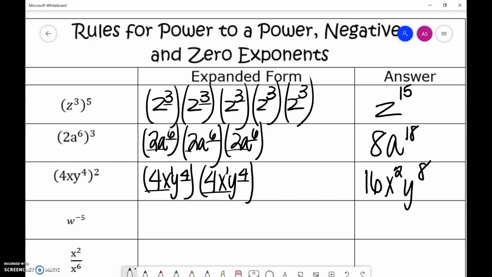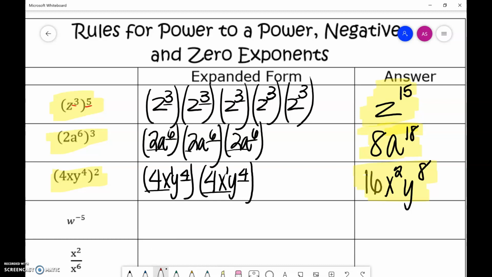Okay, so looking at these 3, you should notice something from here to here, because what if they give us z to the 3rd raised to the 100th power? We don't want to sit there and draw 100 z to the 3rds. So you should notice something here, and I want you to take a few minutes and maybe pause the video and just think about what you notice. Okay, but what you should see,